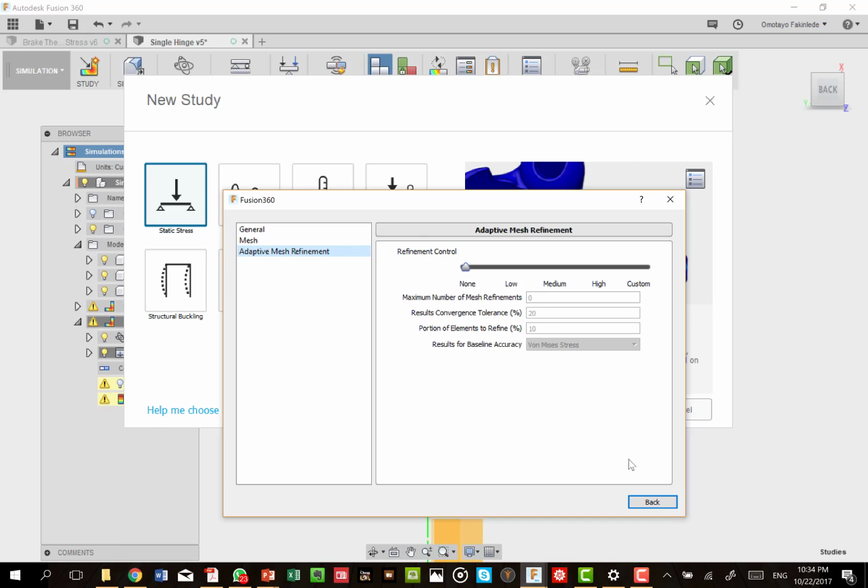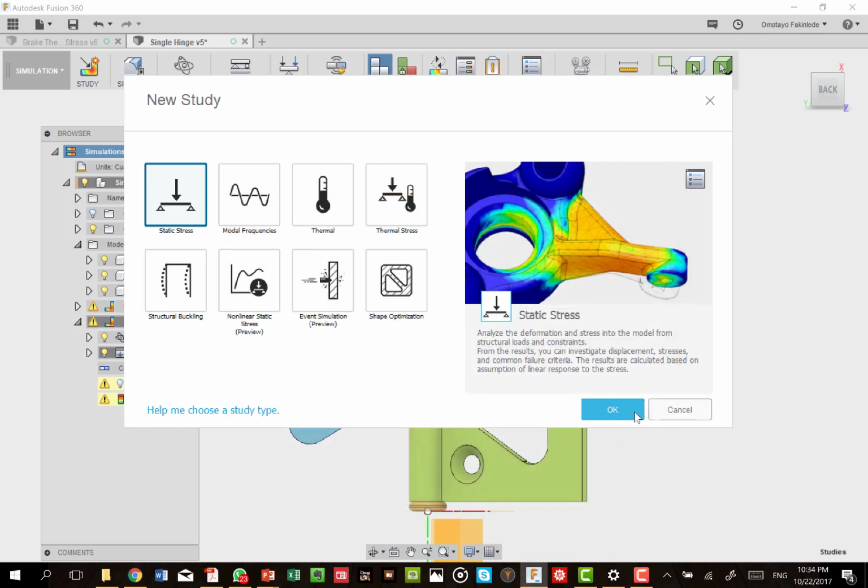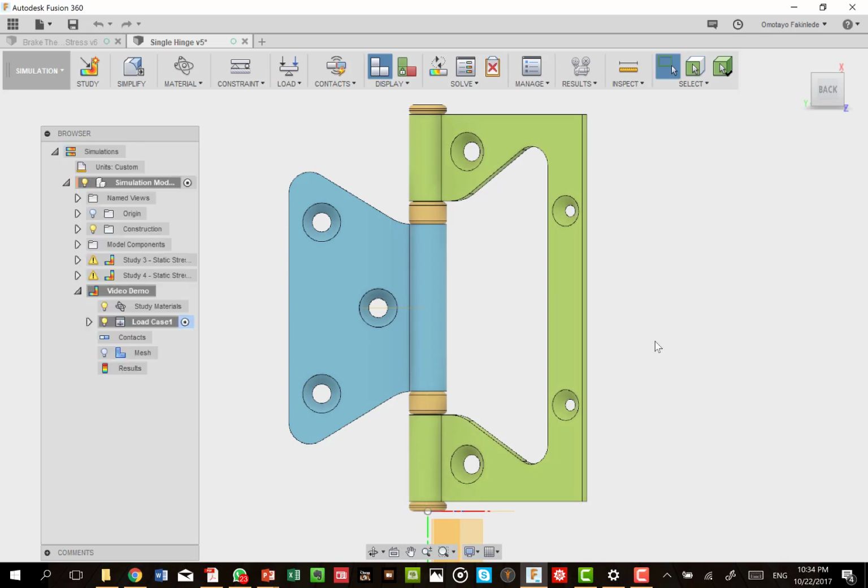But let us just go back and not change anything here, and then we are now ready to accept static loading and static simulation, and then our simulation now is in this video demo. Now, we are going to do 4 things. Number 1, we will set the constraints. We set the constraints on this body. Number 2, we set the loading.